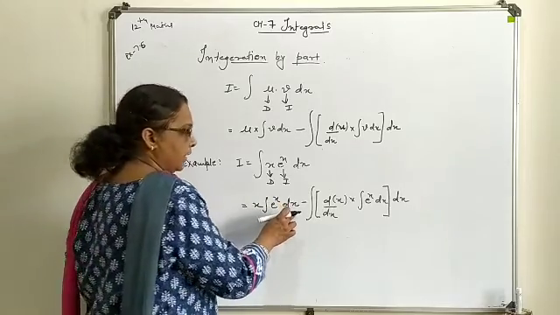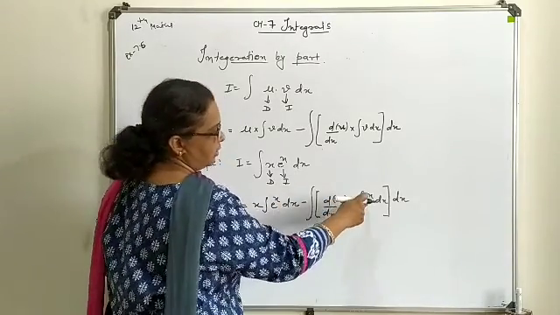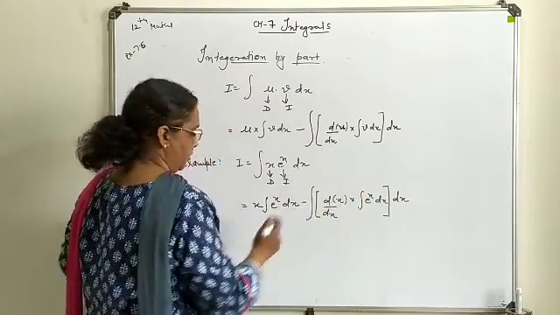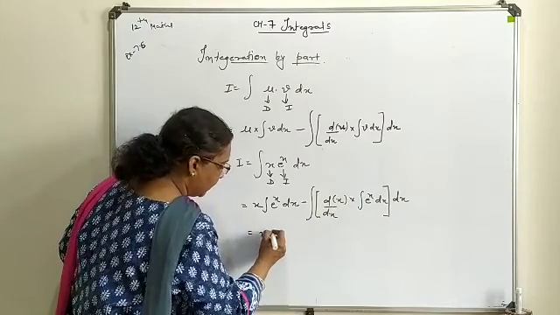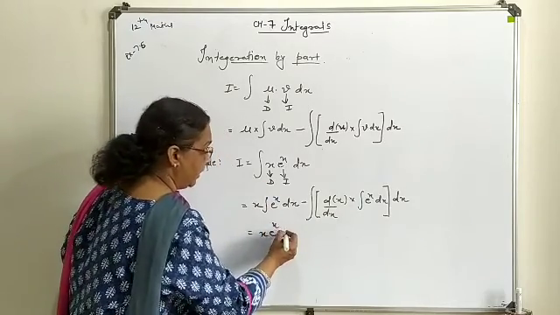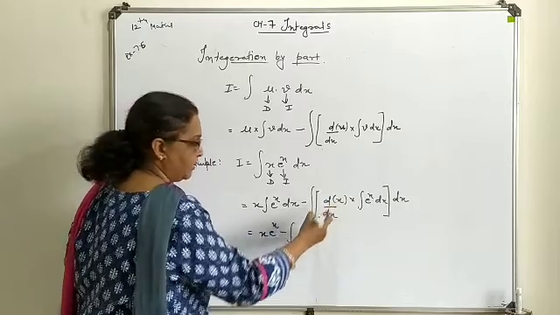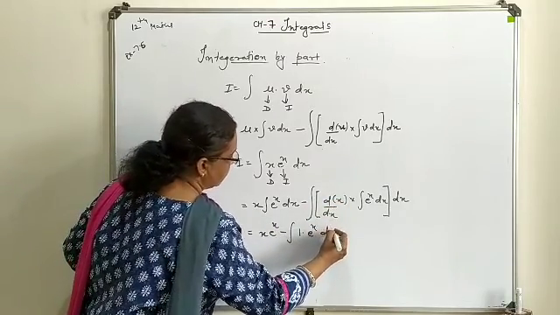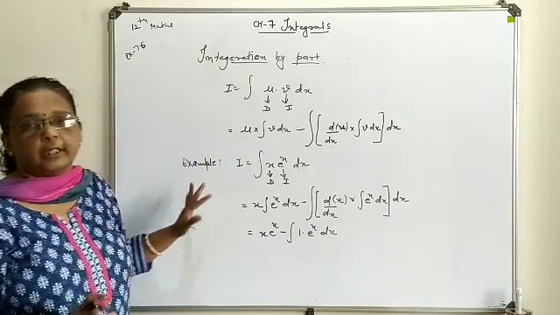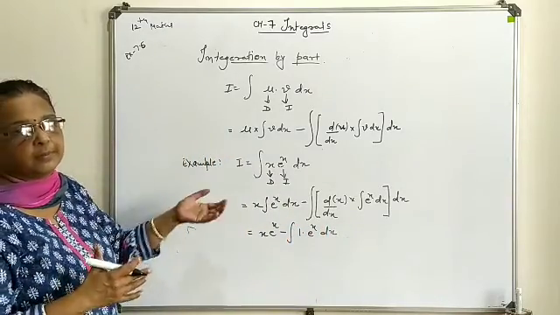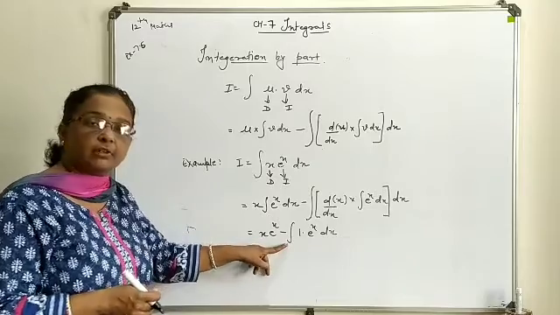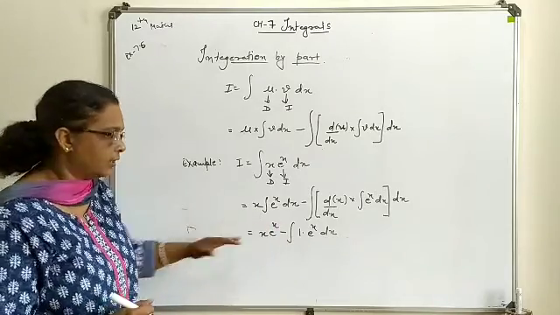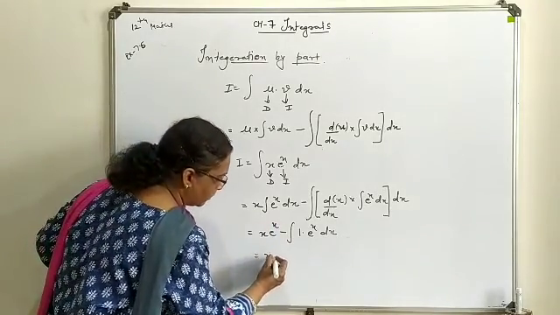Now here we will write the integration, here we will write the differentiation, here we will write the integration. So don't be confused between integration and differentiation. Minus, the differentiation of x is 1, the integration is e^x, and this is your dx. Means now you are having a single term in your hand which can proceed further for integration with respect to this sign. So let it be written in a proper manner first.